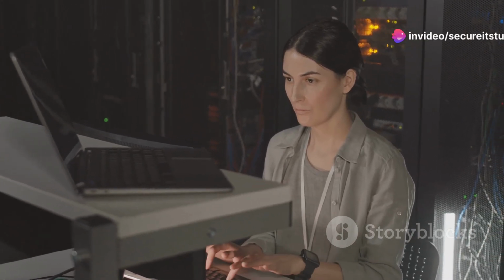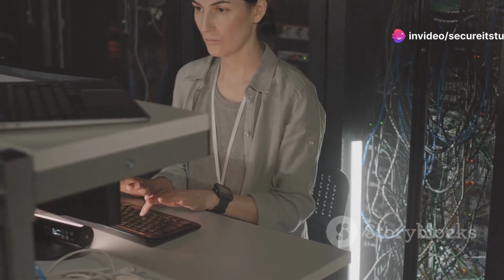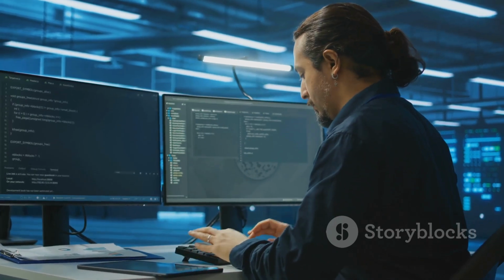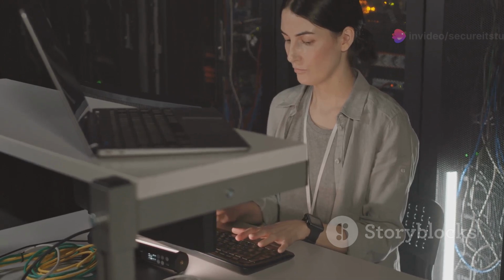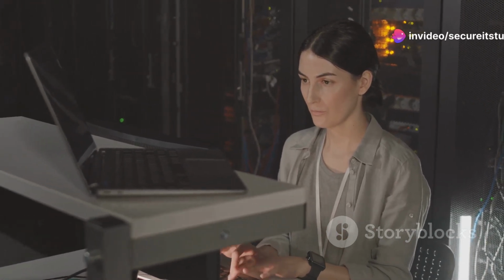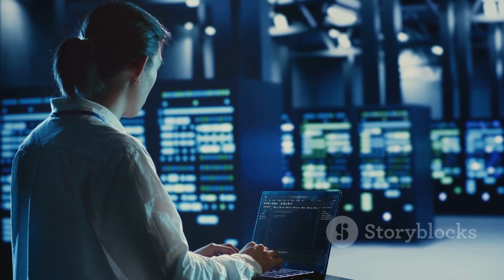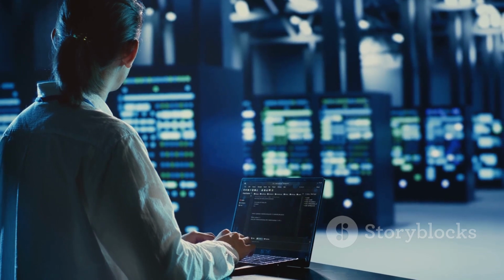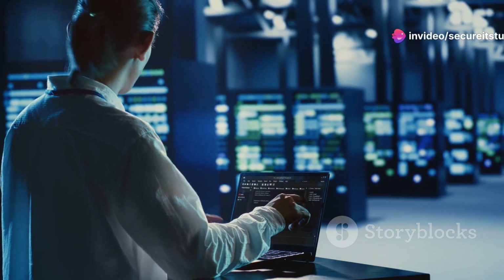It allows you to execute commands quickly and efficiently, without the need for navigating through multiple menus. It's like having a direct line to the server's brain, allowing you to perform tasks with incredible precision and efficiency. Whether you're managing files, monitoring system performance, or configuring network settings, the command line has got you covered. Once you get comfortable with the command line, you'll be amazed at what you can accomplish. The possibilities are virtually endless, and the more you learn, the more powerful you become as a system administrator.